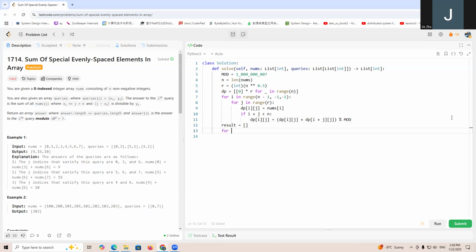By the way, for x, y in queries, if y is smaller than r, then we just need to check the dp, right? Result should append dp[x][y], else we are going to have